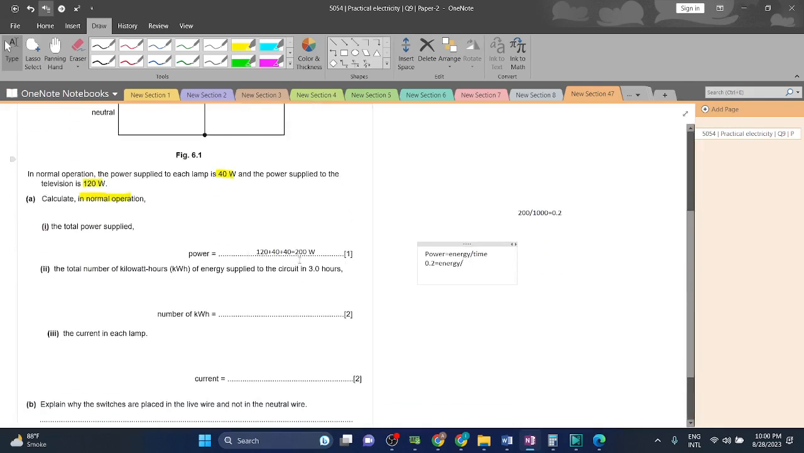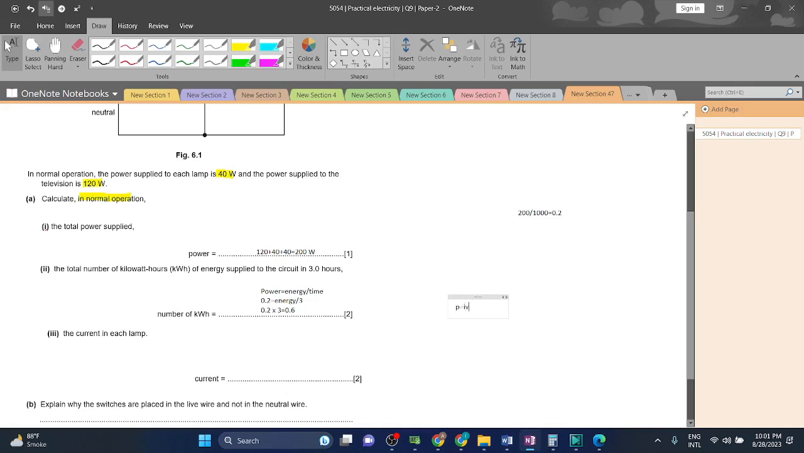What do we have for time? Time is 3 hours. And since the units are hours and kilo, we simply write 3 here. So 0.2 times 3 will be 0.6 kilowatt hours. So that is going to be the answer. As simple as that. The current in each lamp will be calculated using the formula